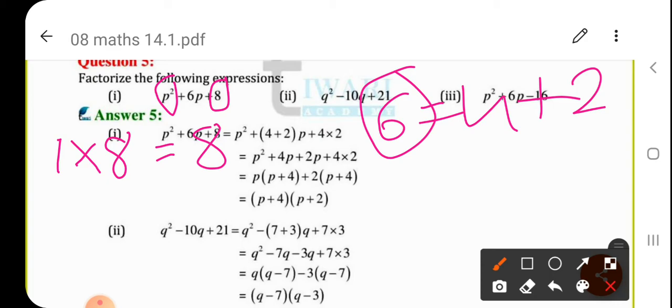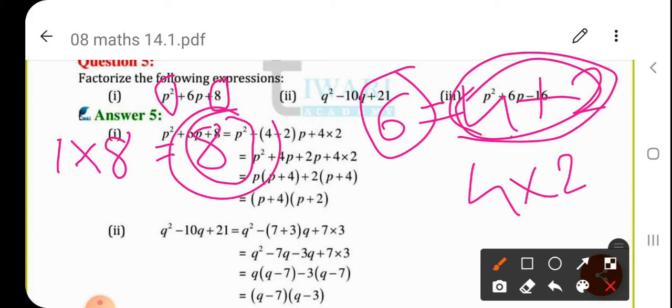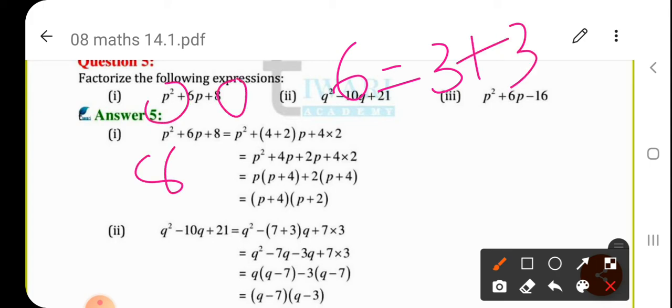Now you have to split the middle term such a way that whatever terms you are getting after splitting it, a 4 and 2, multiplication of both the terms should be equal to the multiplication of the first term and the last term. So 4 plus 2, it means 4 2s are 8. Okay. If 6 you are going to write 3 plus 3, but what is the multiplication of first and last term? It's 8. So 3 3s are 9. You will not get 8. So it's not possible.